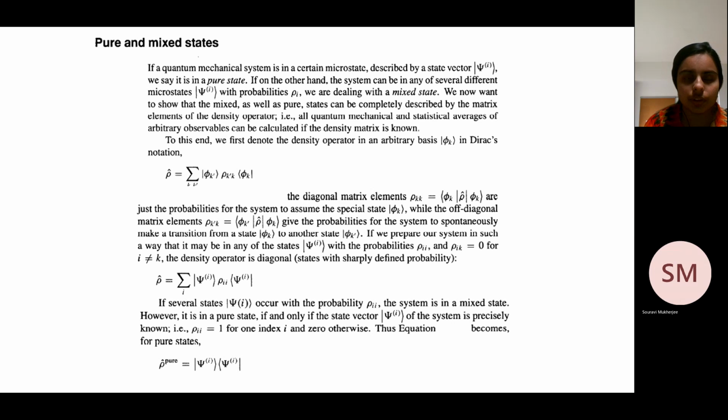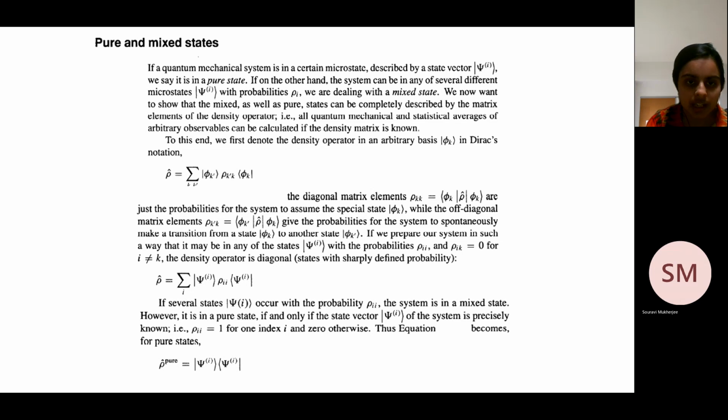Okay, so what we mean by a pure state is that when you can define your quantum mechanical system by one particular microstate, then it's a pure state. But if your system can be in different microstates with different probabilities, then it becomes a mixed state. And this is the general expression for the density operator. If it is a pure state, we just have one microstate defining the system. So for pure states, it's the outer product of psi with psi, where psi is the wave vector